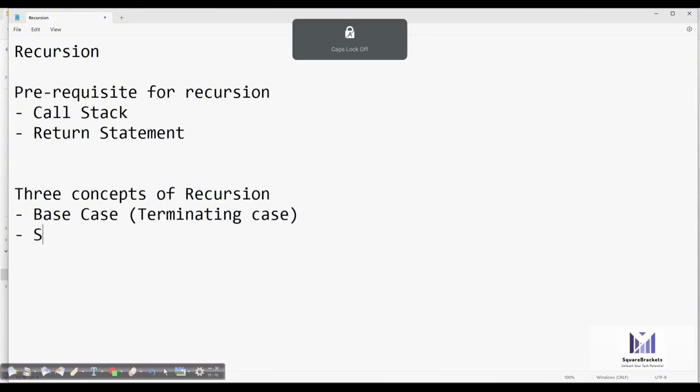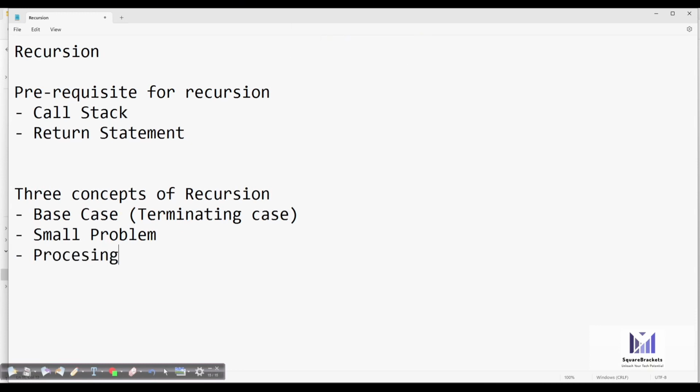Second thing we need is a small problem. We'll be discussing them one by one. And third is the processing logic. So a recursive function consists of three things: base case, small problem, and processing logic.